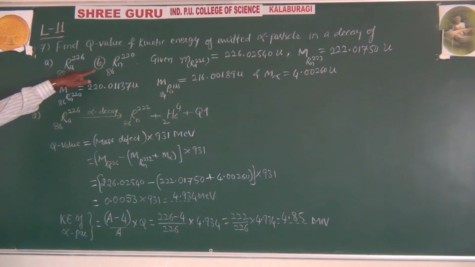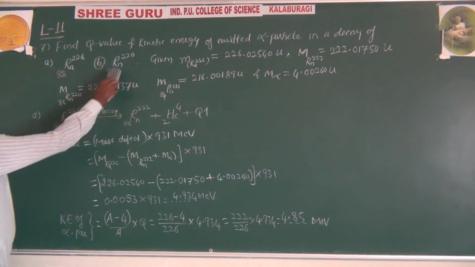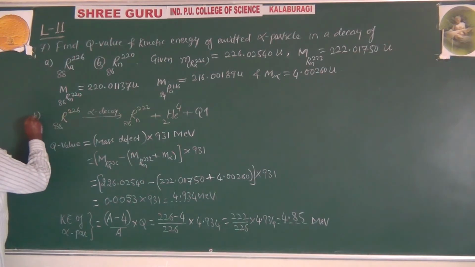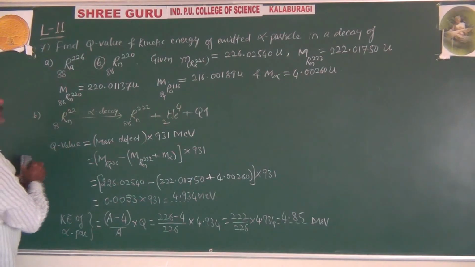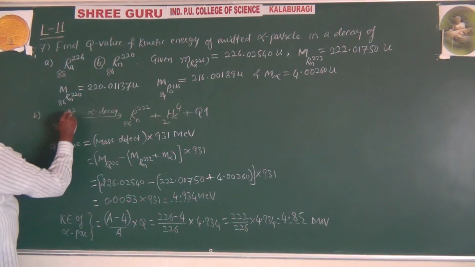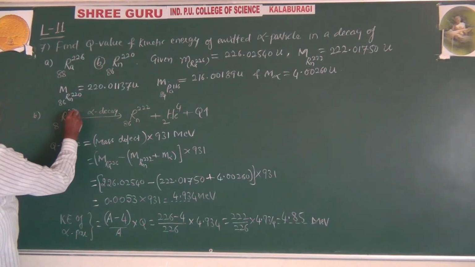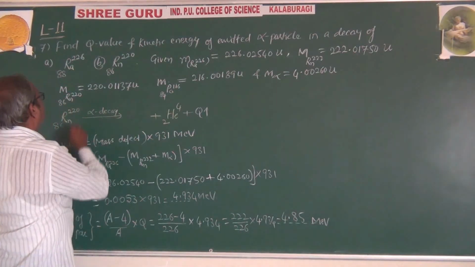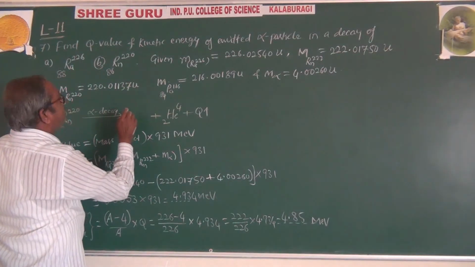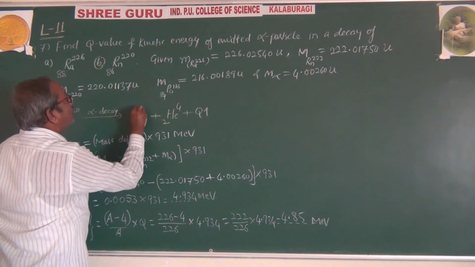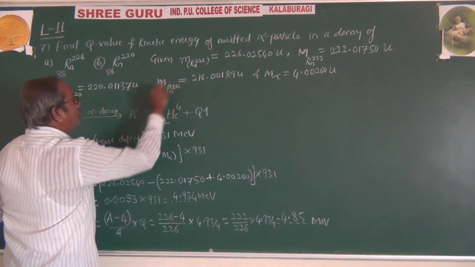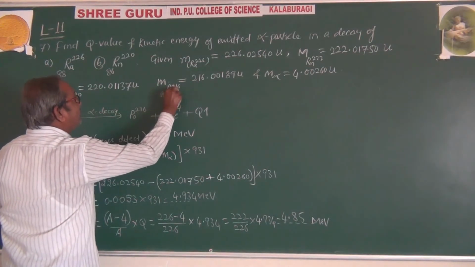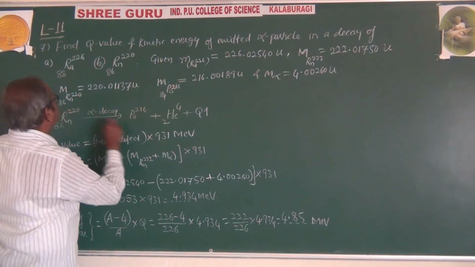This is one of them. Now next, we also have to do this one. Here also the alpha is written. So better to see here, I will change the element. Next is radon, Rn, 222, atomic number 86. Alpha decay, so 4 less, it becomes polonium, Po, 218, and here 2 less, meaning 86 minus 2 is 84.